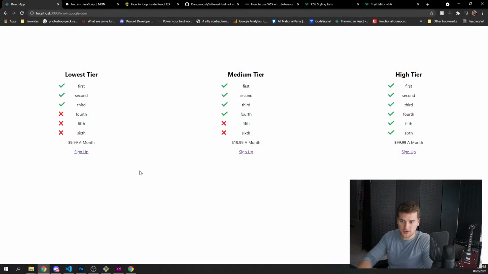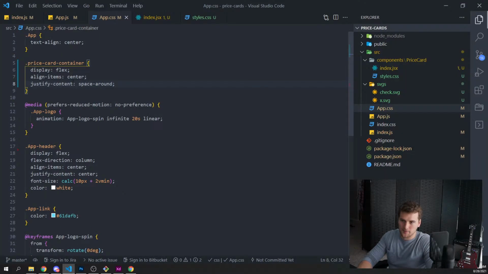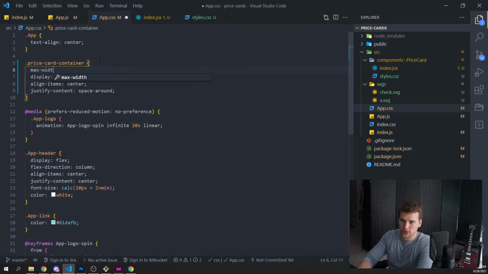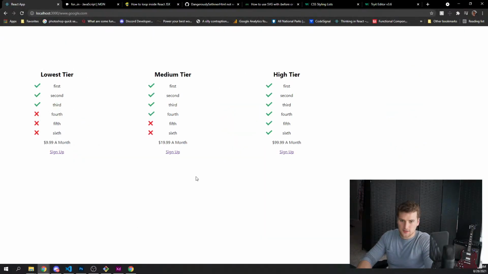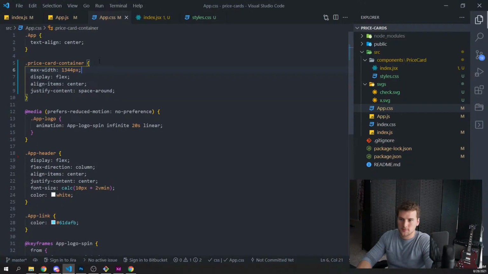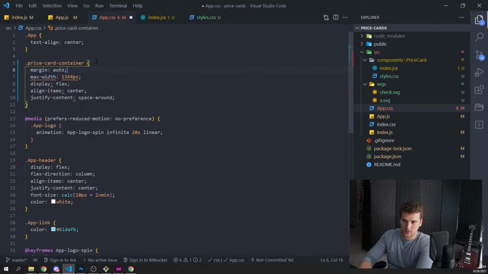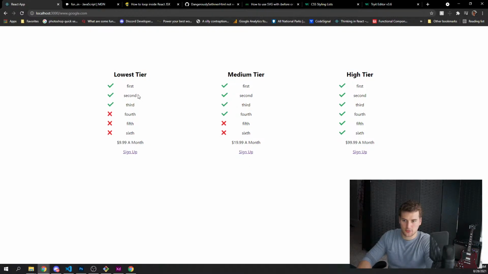There we go, that's looking a little better. We'll say max width is going to be 1344 pixels, just because. And we'll say margin is auto, because we want that box centered on the screen. Cool.